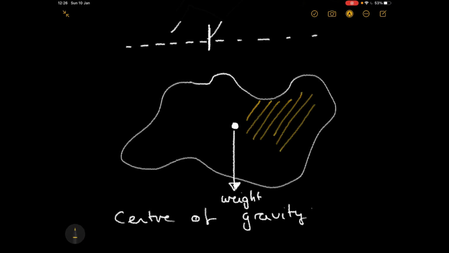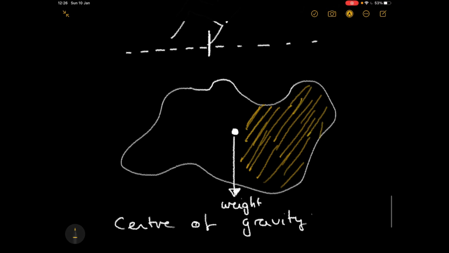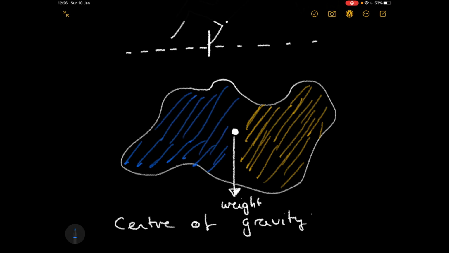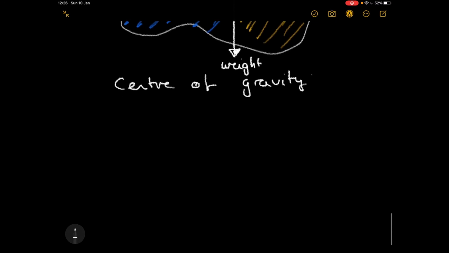If you took an average of all of the stuff to this side, and all of the stuff to this side of this object, and asked what the average of all this going on is, it would be here. If I balance it and zoom it out, that's the point at which the weight of the object appears to act. And that's important, because if I take this weird object,